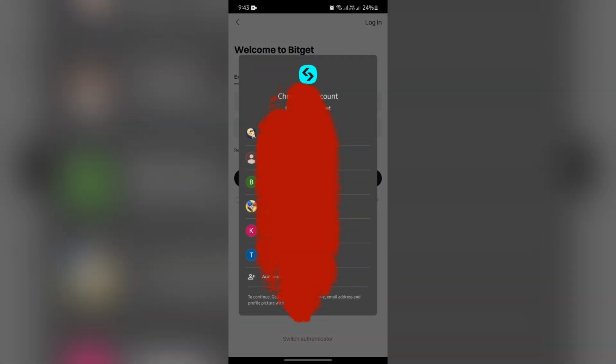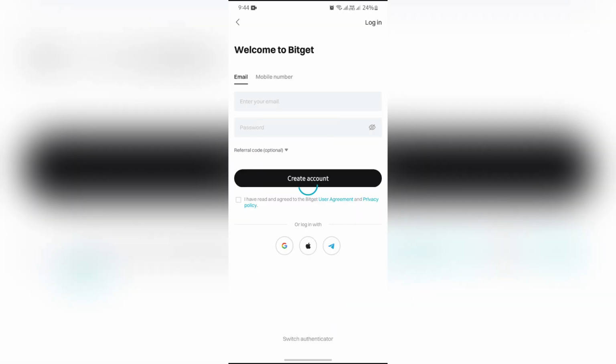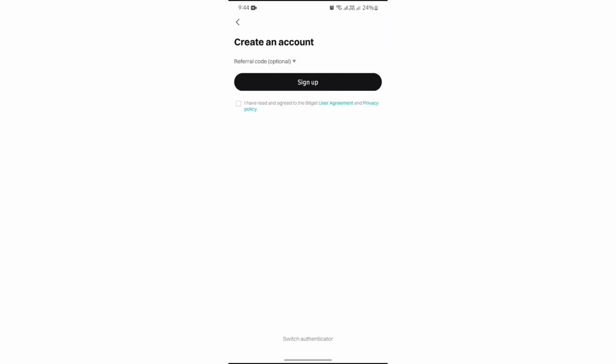Tap into Google, and after that you can choose between all of the logged in account in your device. I'm selecting this account right here, and after selecting that specific Google account, this new page will be visible to you. Now you just simply have to check the privacy or policy box, and after that tap to sign up